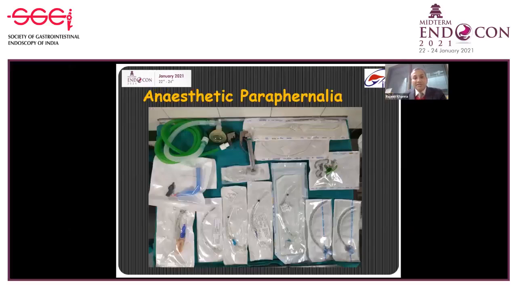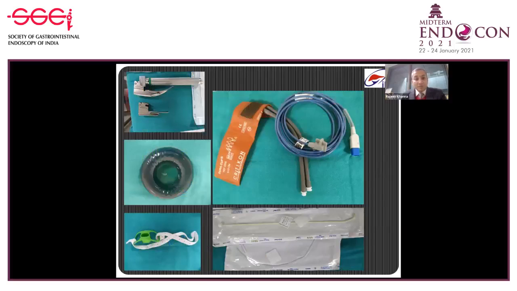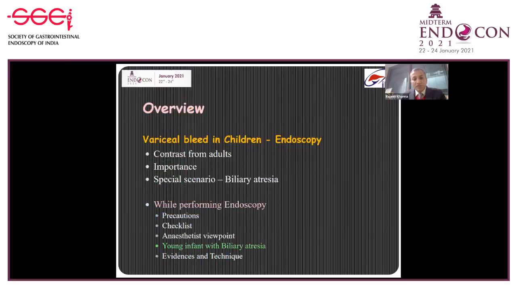So this is all the anesthetic paraphernalia, constituting the various sizes of endotracheal tubes, curved and uncurved, LMAs, laryngeal mask airway, and also the laryngoscopes of various sizes, headrest, and a smaller mouth guard, and the monitoring, smaller BP apparatus and the smaller pulse oximeter, and also the stylet and the bougie for the intubation. So now coming to what is specific about a young infant, when a young infant